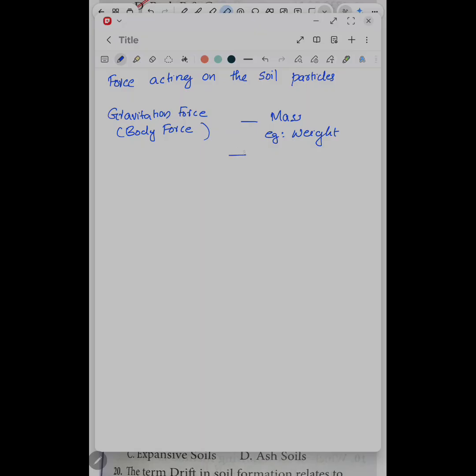This gravitational force or body force is predominant in gravel and sand. Gravitational force we can also call body force. This is proportional to mass and the example is weight. This gravitational force is predominantly in gravel and sand. Then next is